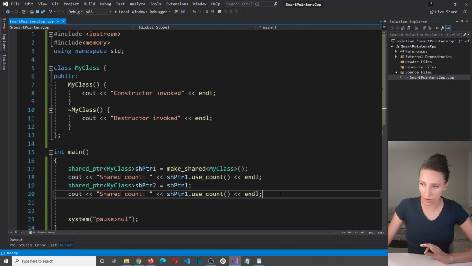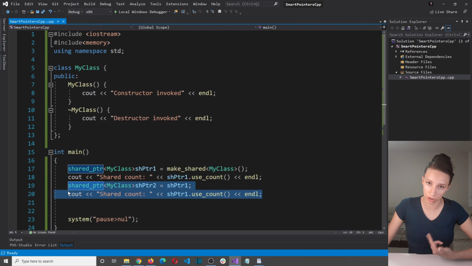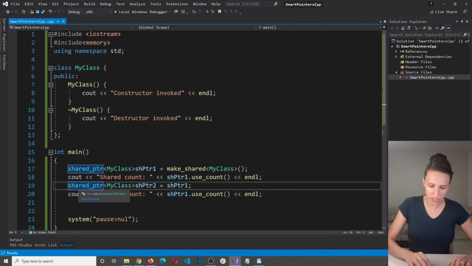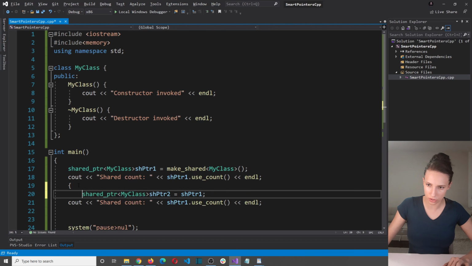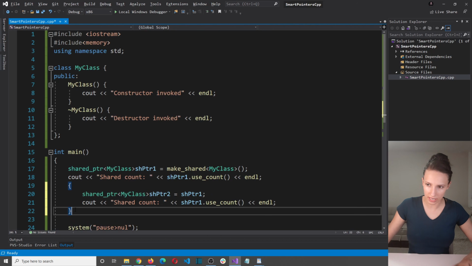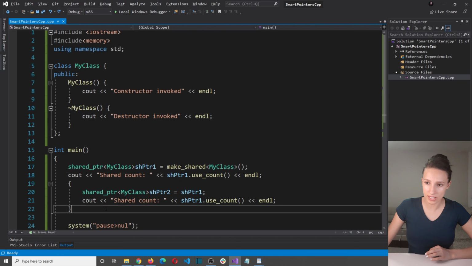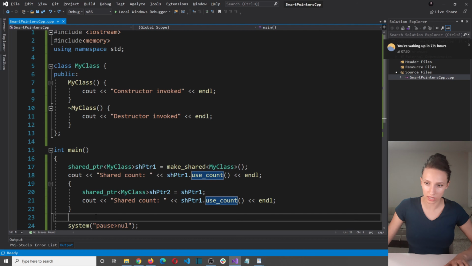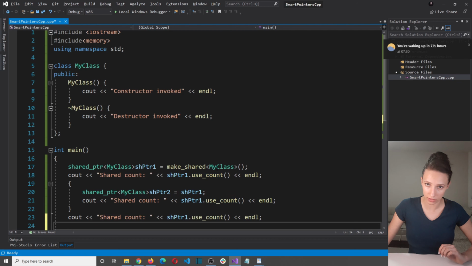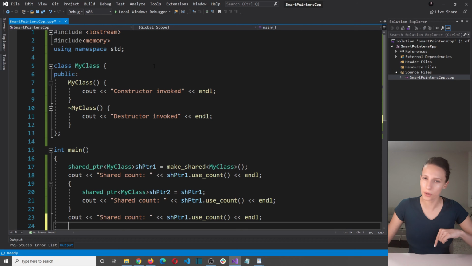What I want to do now is put this here into an additional scope. So let's do that. Let's create an additional scope like this. And what I want to do now is, after this scope, I want to write out the count of the owners of this memory location. So let's run our program and let's see what is going to happen. Let me know what you expect to happen in the comment section before I run the program. Okay,